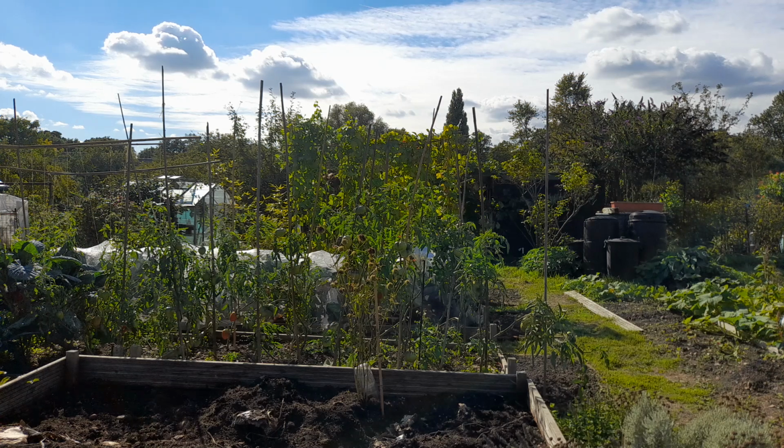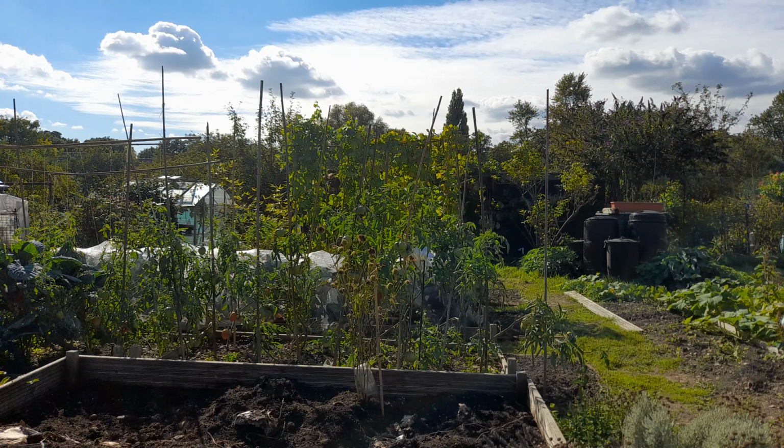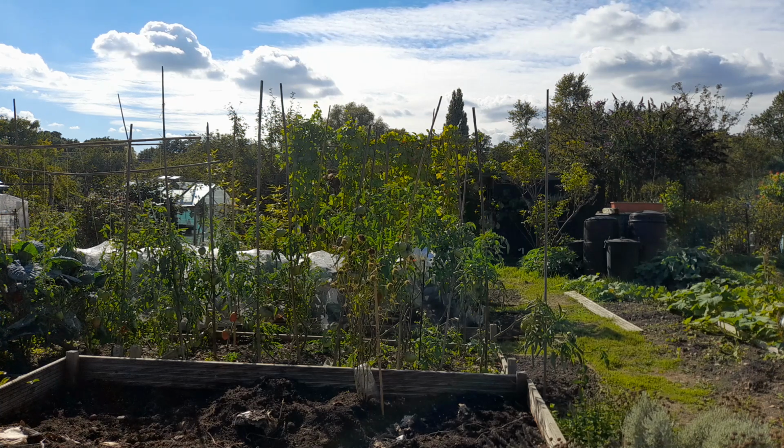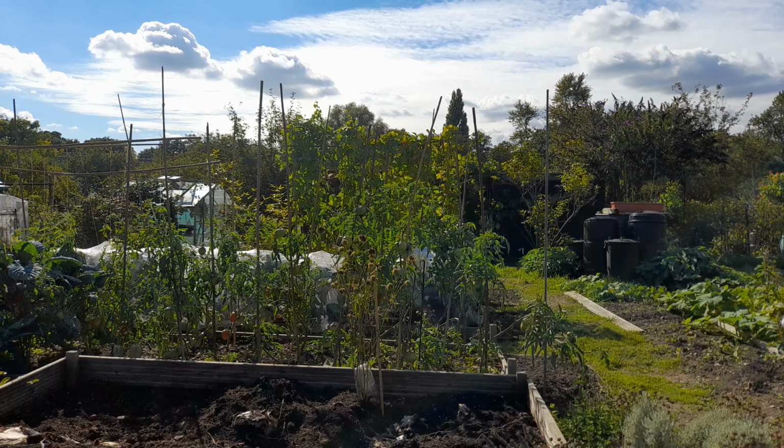I've been looking at the beans that you can see there, and though there's still flowers and they are still producing, I'm thinking about taking those out sometime this week. But what I do need to do is tidy up the tomatoes, do some picking of green to take home. And the other job that I really need to do is watering of our butternut squash,